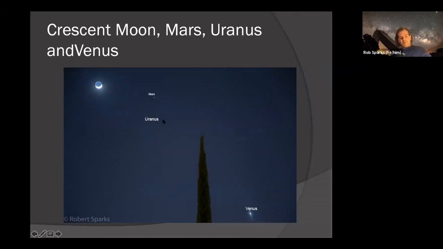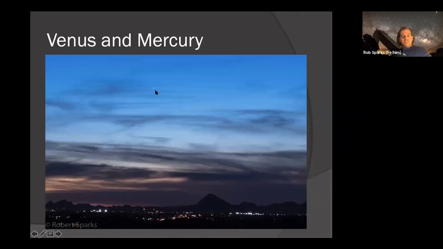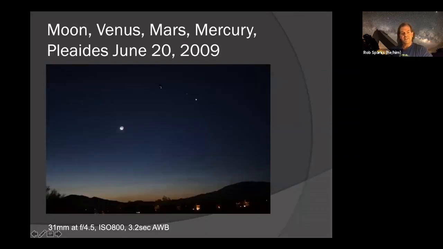I think I only have a couple more slides here. This one did Venus, and where's Mercury in this one? This is not one I was planning to show, but since we're still going, might as well go through the last ones. Oh yeah, Venus and Mercury, right up here at the upper right is Mercury. So there's Mercury and Venus. Sometimes you get a nice little conjunction of those guys.